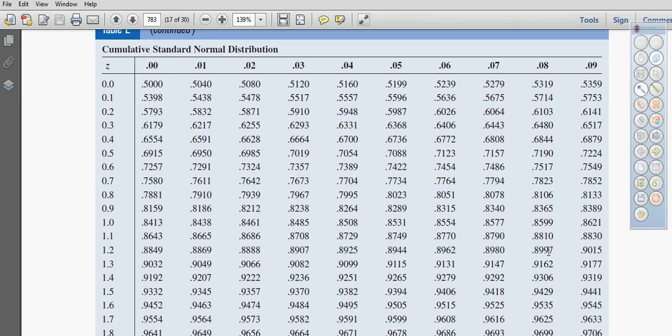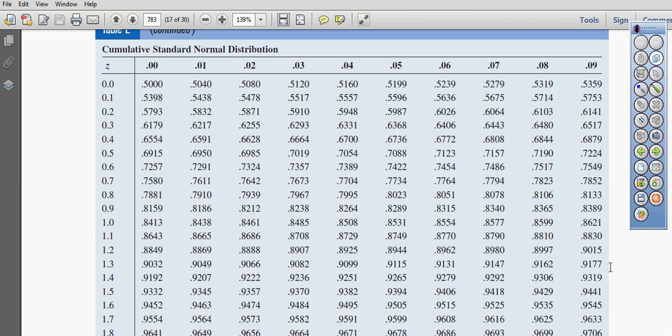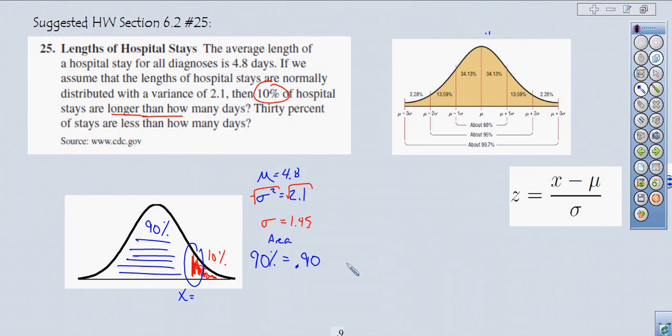So the z-score now, so now we go backwards, remember. Normally we would find the z-score, then we'd find the area. So now we have the area, and we're going to go backwards to the z-score. When we go backwards to the z-score, you can see that I come across right here, I come up right here, and I find that my z-score is going to be 1.28, to be as close to my particular value as possible. Alright, so let's go ahead and get back to our presentation here. So that leads me to